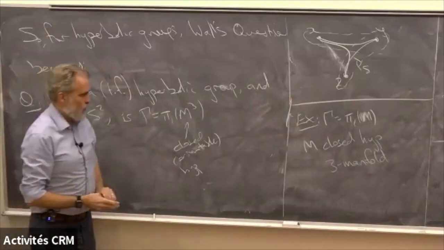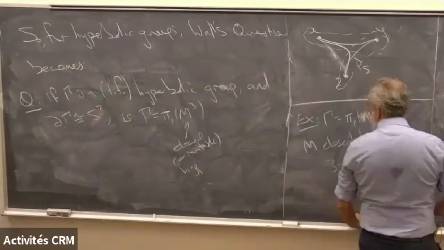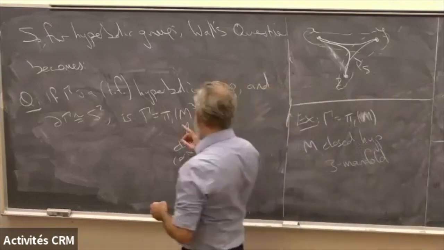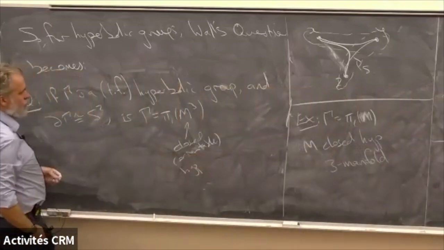Right. So it would be virtually. It could be an orbifold, it could have a finite center. Yeah. So there are some virtual type issues if it has torsion. Yeah, that's the other thing as well. Yes. Normally you would say, is it Kleinian, meaning is it a discrete subgroup of PSL2C? Then there would still be an issue about a finite center, which you might have to mod out by.